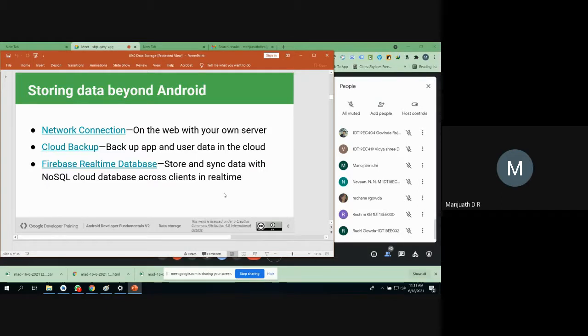Why am I teaching this subject? Because still 80% of mobile phones are based on the Android operating system, and if you develop any application using Android, of course it will reach 80% of the world population who are using mobile phones. That's why you are learning Android. Otherwise there is no meaning in learning this technology if it is outdated.